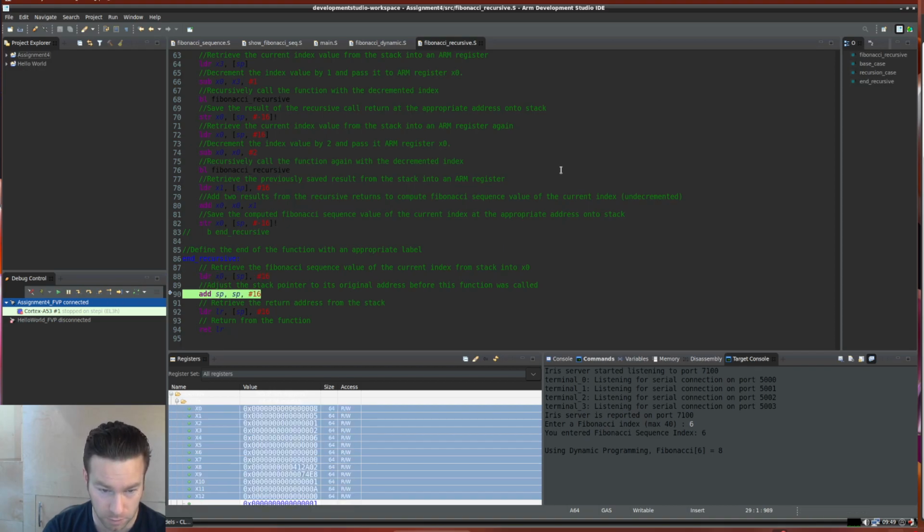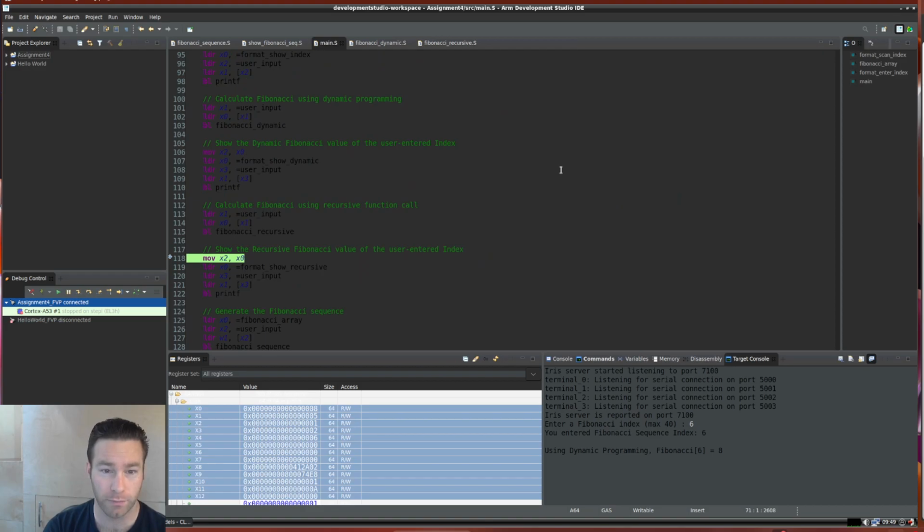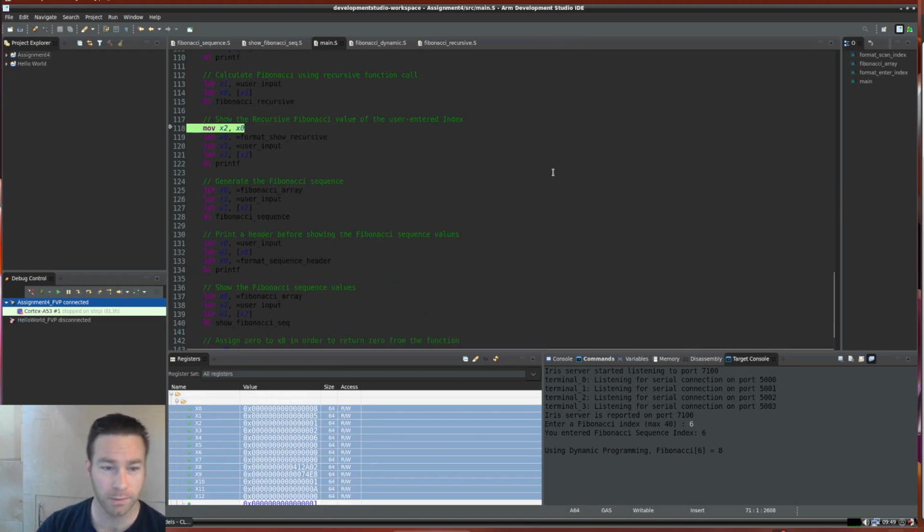We're going to adjust the stack pointer to skip over. We're going to retrieve the return address from the stack pointer into the link register and adjust the stack pointer. We're going to return to that address in the link register. We're finally back in main. Now we're moving to show the recursive fib value that we just did all of that work for,